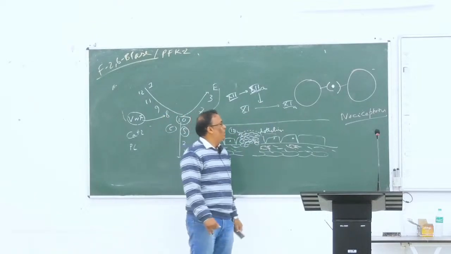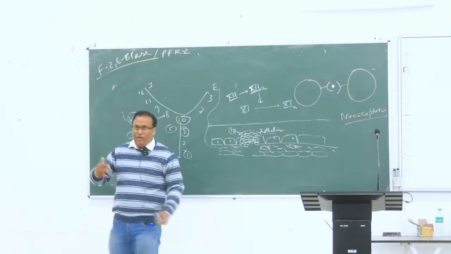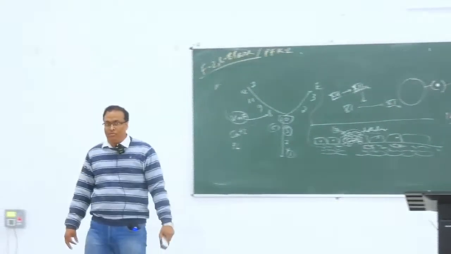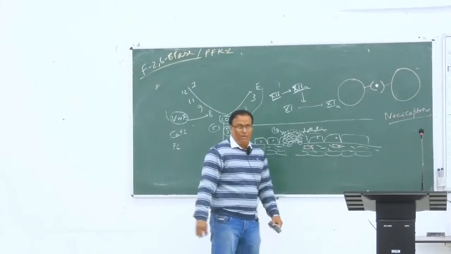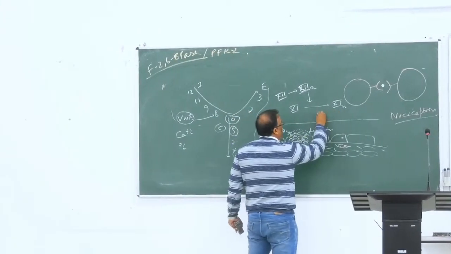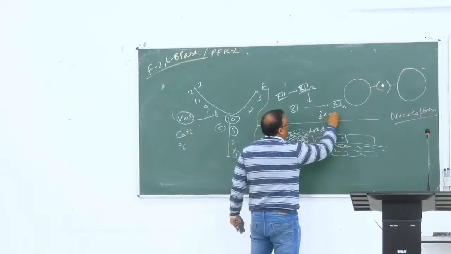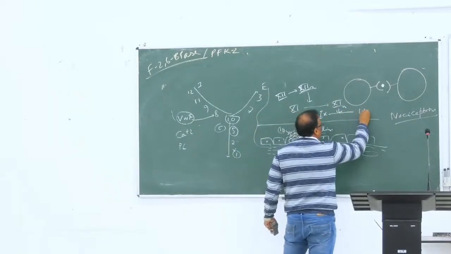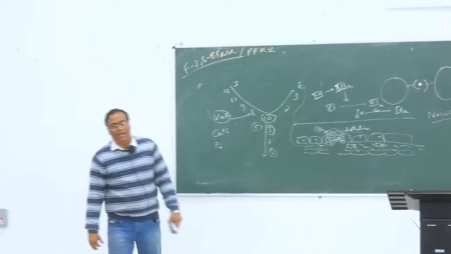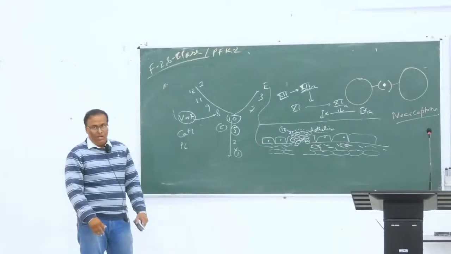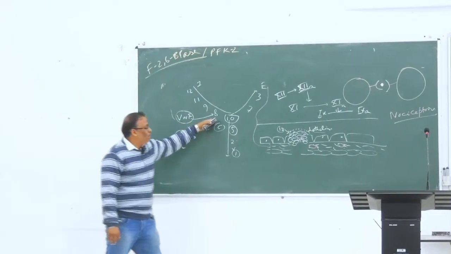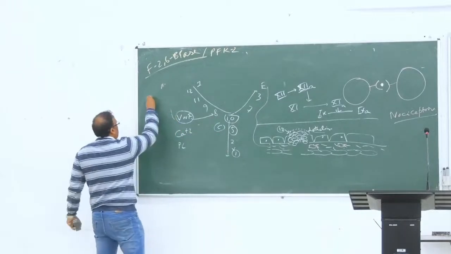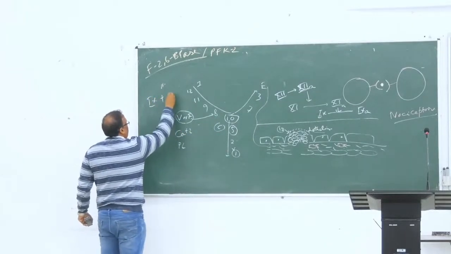Now this factor 11, in your mind you may think factor 10 will come. No, not 10. 10 will come later on. It will come as factor 9, so factor 11 will activate factor 9, giving activated factor 9. Now activated factor 9 and factor 8, after the increase in half-life or activation of factor 8, this factor 9 and factor 8